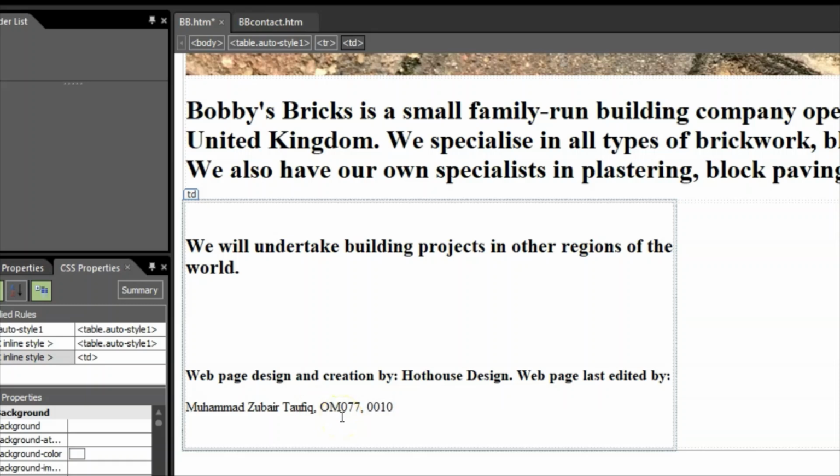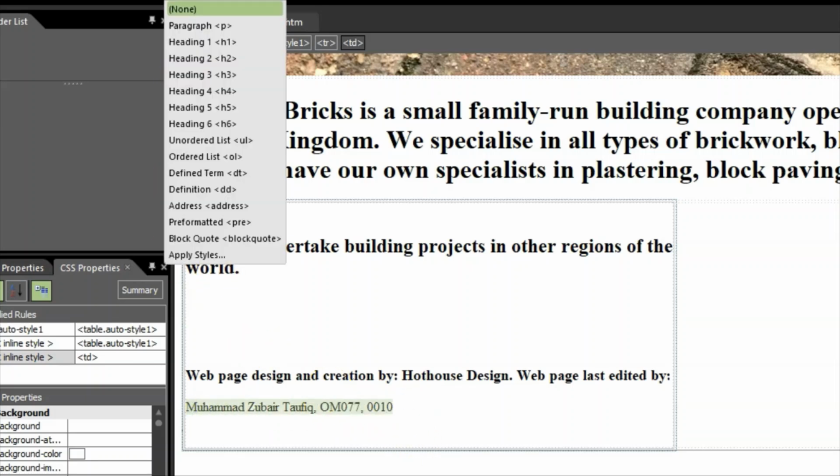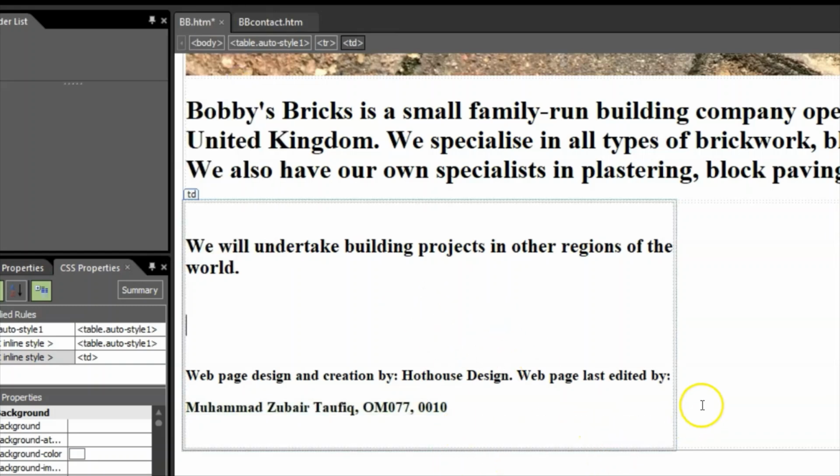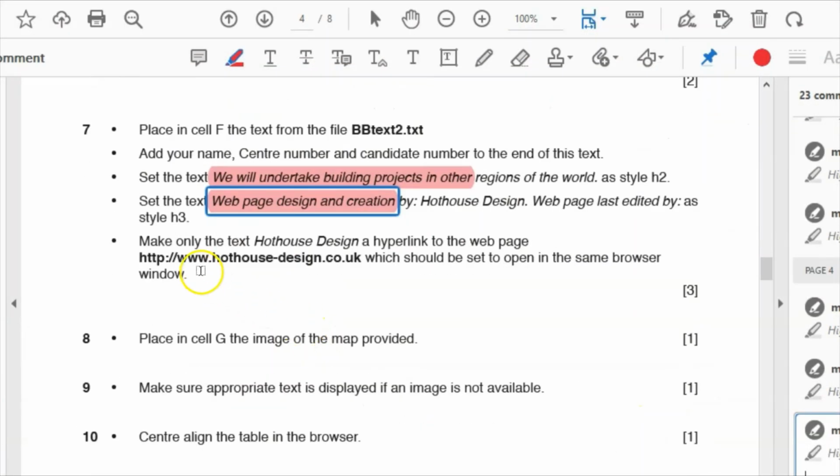Now what I'm going to do right now is apply the style H3 to that also. So just select that and then go to styles again, press H3. So there you go. Now this is done. The next step, make only